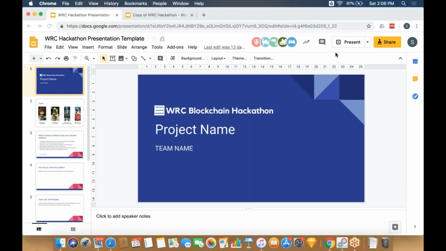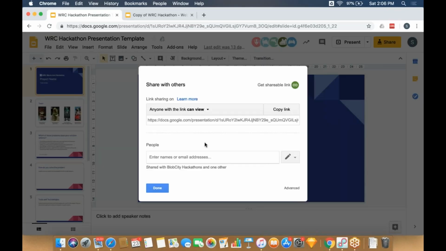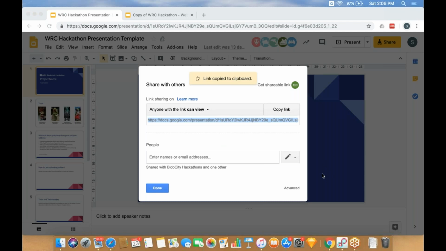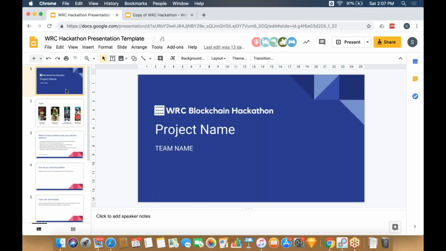So here we have the main template, which was shared with every participant of the hackathon. If you don't have the template, I'm going to share the URL with you right now over chat. You should have the presentation template now in your GoToWebinar chat screens. And the idea is to just walk you through this so that we know what submissions we are expecting and how the jury will be evaluating the submissions.